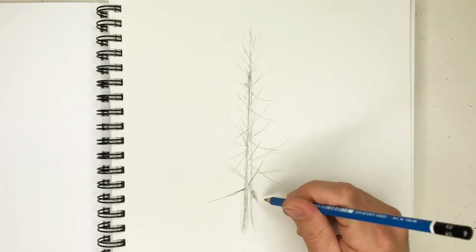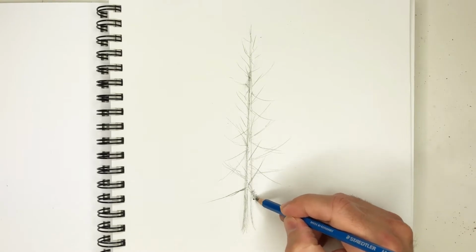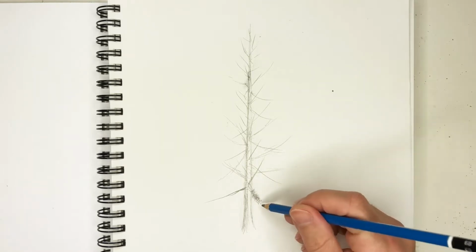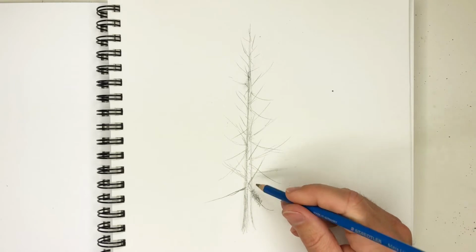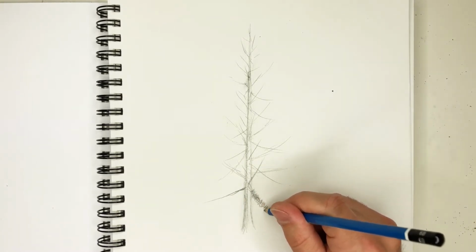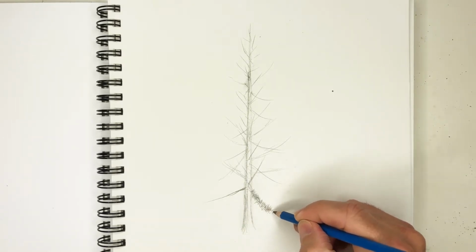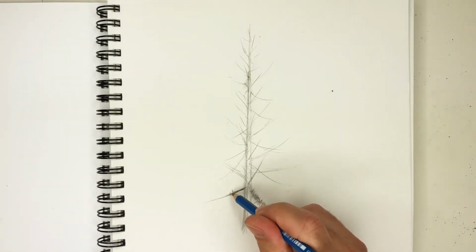So what you want to do is get these lines, and when I do these lines, they're really just hitting the page again and again, and this is really what's going to be tedious in this drawing, getting all of these lines done. You could either decide to go slow and methodical, or quick, hit the line and just repeat. You're just basically going away from the line. So for every branch that you have, you just want to go away,